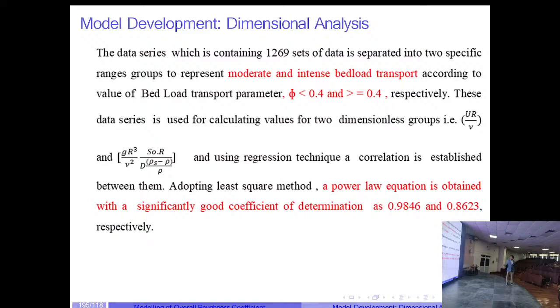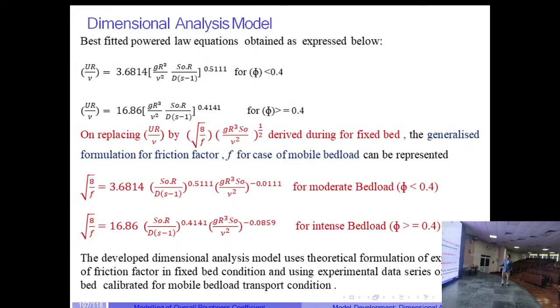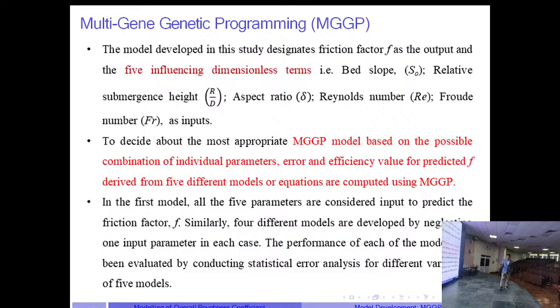Then again for two conditions, intense bed load condition and moderate, equations have been developed for phi less than 0.4 and phi greater than 0.4, you see. So these are the two equations: for phi less than 0.4 this is the equation, and for phi greater than 0.4 another. So two equations for friction factor, and after this dimension analysis he went for another computational